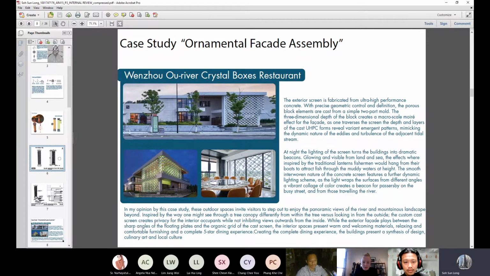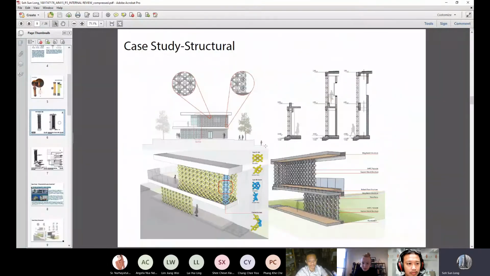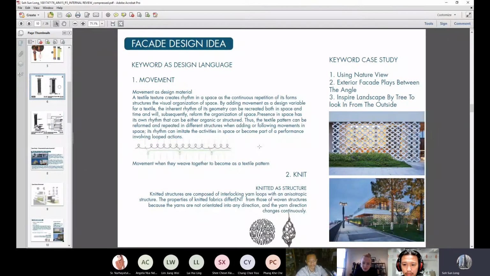I found that this concept idea, like a structural thing wrapping around the walnut, is a natural thing. Then this is the structure that I case studied. Then my idea for the facade is a movement, and also the chimney as a structure, combined as a facade idea.